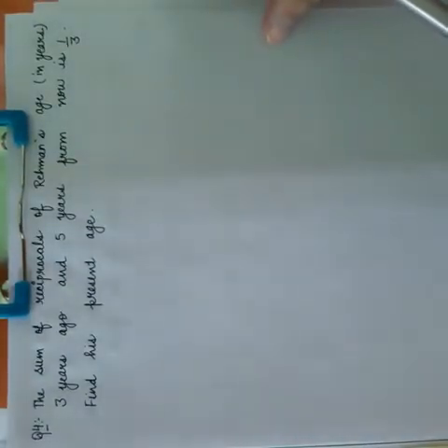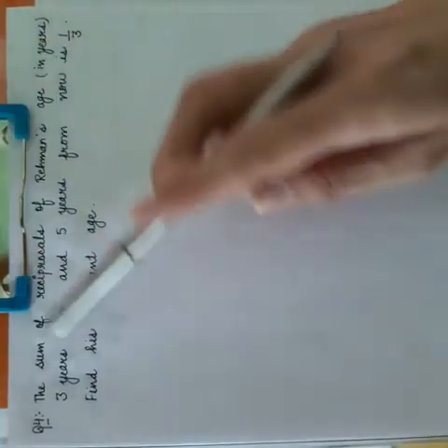Now further we have certain statement questions, the applications of this quadratic equations. Now again I'll be explaining you the statement and I'll explain you how to form the equation out of that. The equations hence formed will be solved by you by using any of the two methods. Now just come to question number 4 of the exercise. We have the sum of the reciprocals of Rahman's age in years 3 years ago and 5 years from now. We are talking about Rahman's age 3 years ago and 5 years from now.